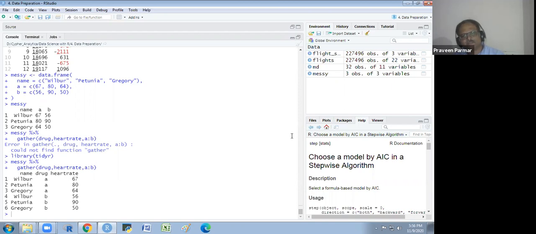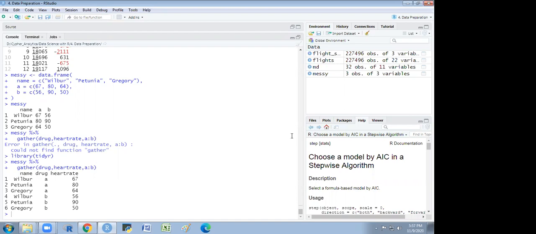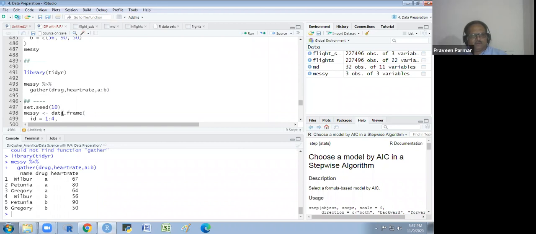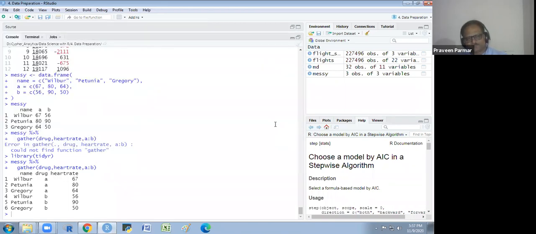So we are gathering the data. Understand? This is a way to gather the data. Sometimes we require this sort of transformation. Suppose you have to perform an ANOVA.